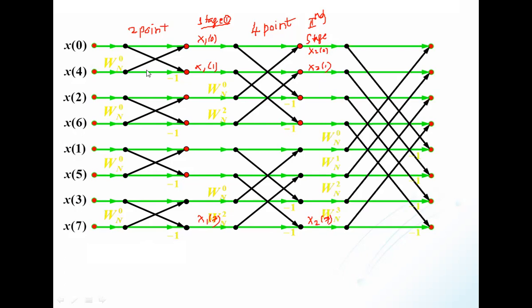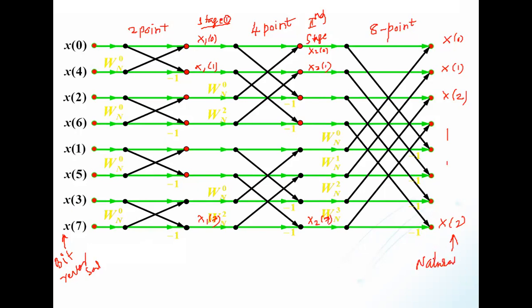And lastly we are calculating the 8-point values. So this is what we are calling the 8-point. This is the 8-point value we are performing. And here the final answer we are adding as x of 0, x of 1, x of 2 up to x of 7. So the thing you need to remember is the input is in bit reversal order, and the output is in natural order. That is what you need to remember here.